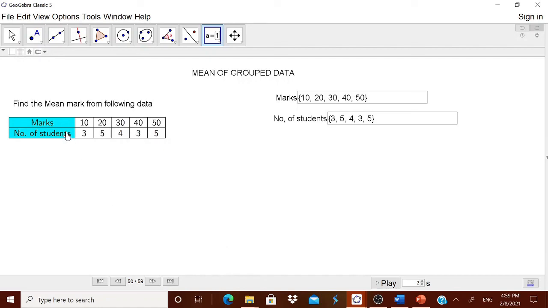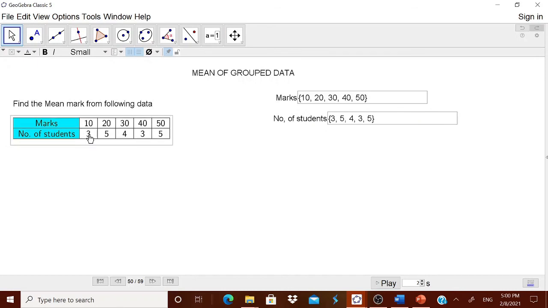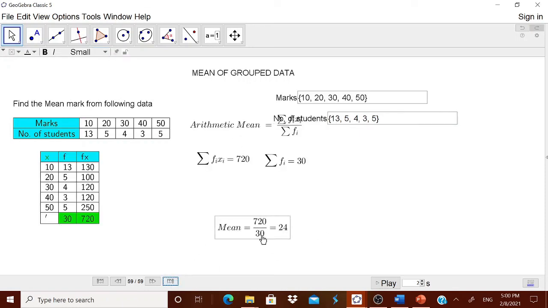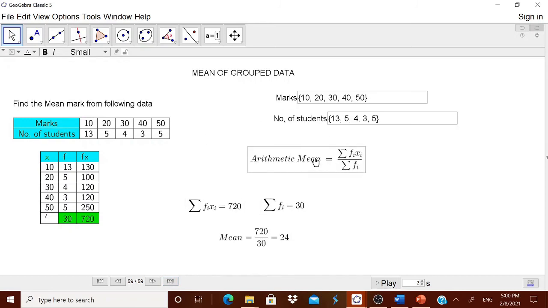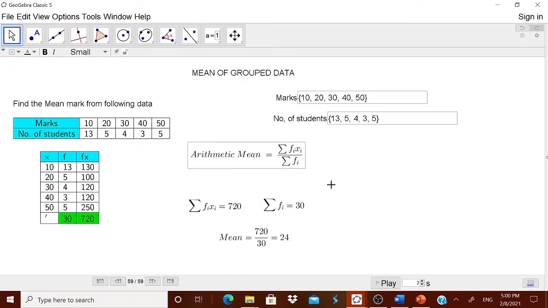Now you see, whenever I am changing, for example, here I am changing this into 13, you see, there also it changes. Now let us see how the child will be knowing the answer. For him, this is the final answer, arithmetic mean, everything. The child will be doing the arithmetic mean for this. Now after this problem is over, I can change the marks also. For example, instead of 10, 20, 30, 40, 50, I can have any number of marks. Then I can do the changes also. For example, this I will take it into 15. Enter. You see, automatically it changes.